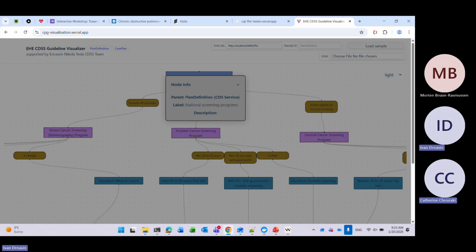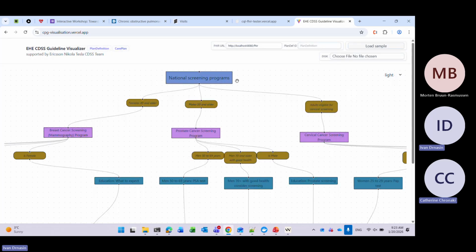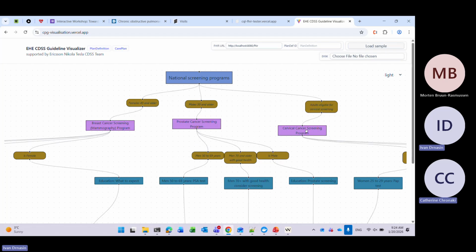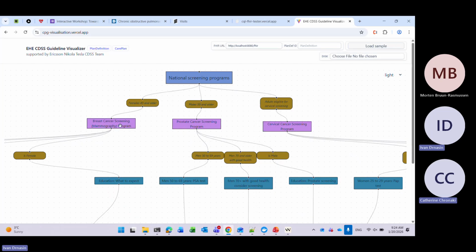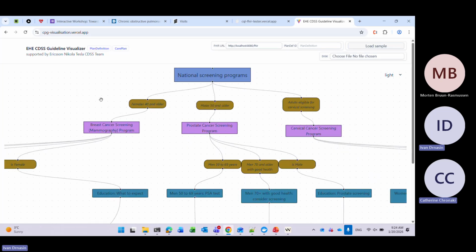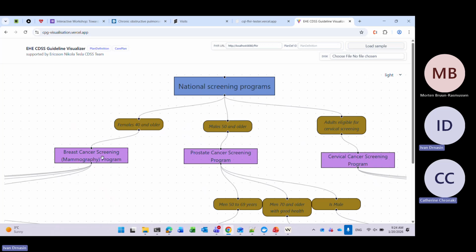That's the main plan definition, and it can reference different clinical guidelines, clinical pathways, whatever. In this case, this is just a simple national screening program prototype. And we have here three different screening guidelines: one for breast cancer, prostate cancer, and cervical cancer.